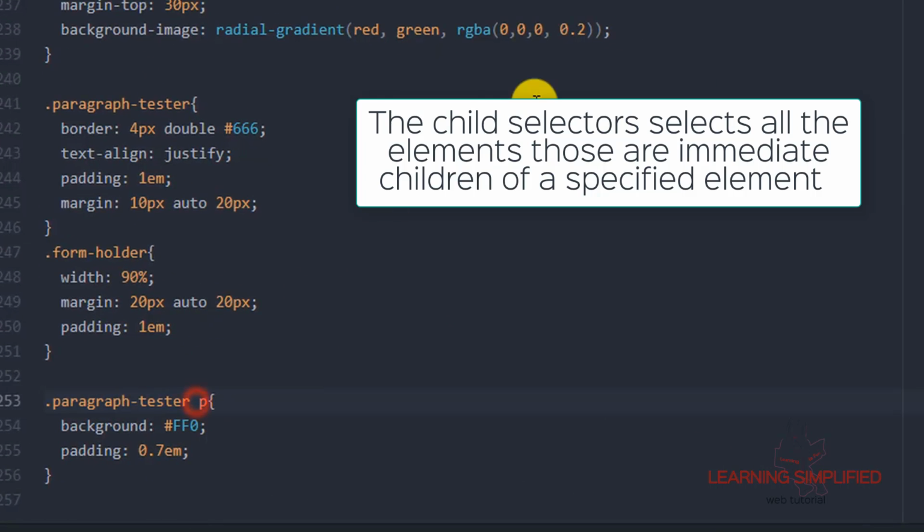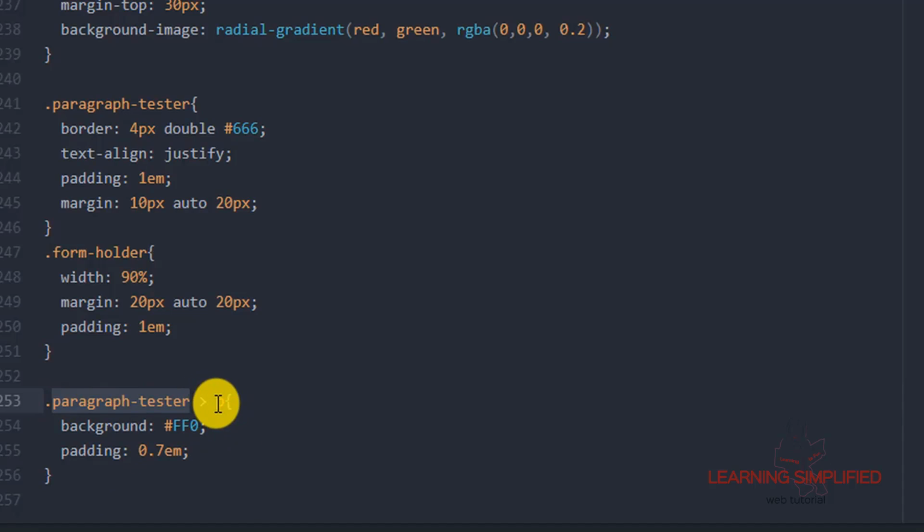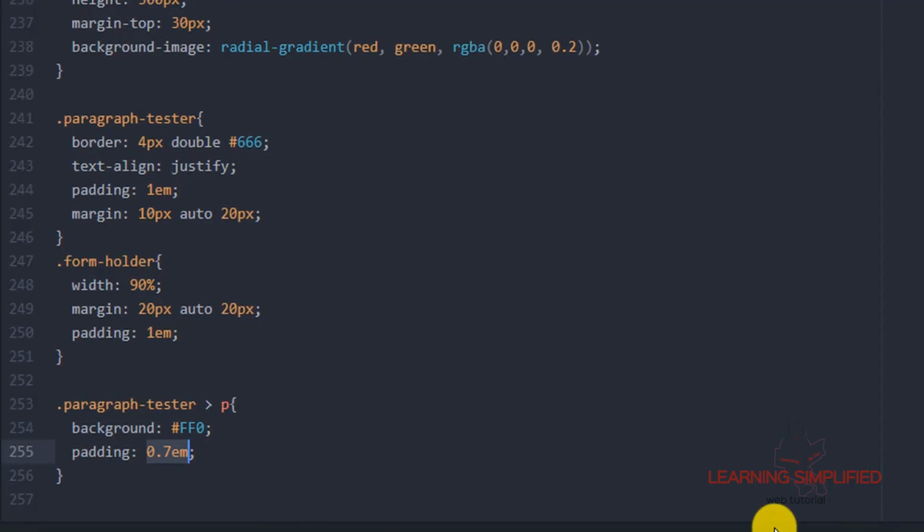Now in the second case, we defined this one. This is known as the child selector. In this case, the CSS selector matches the specified element which is a child of another particular element. All those elements that are direct children of this paragraph tester class will have a background color of yellow and a padding of 0.7 em.